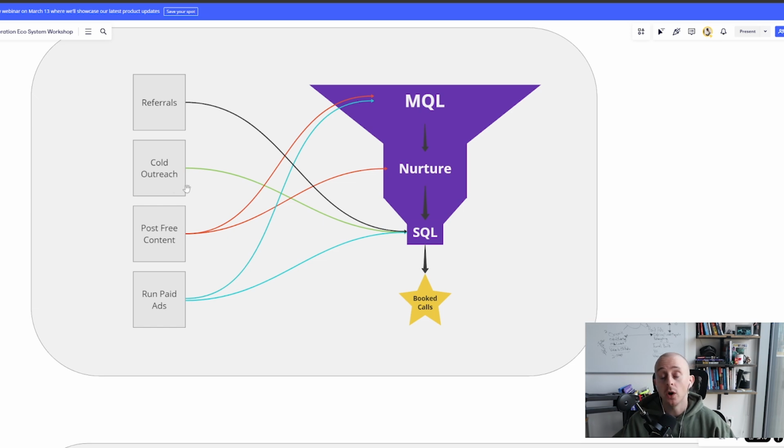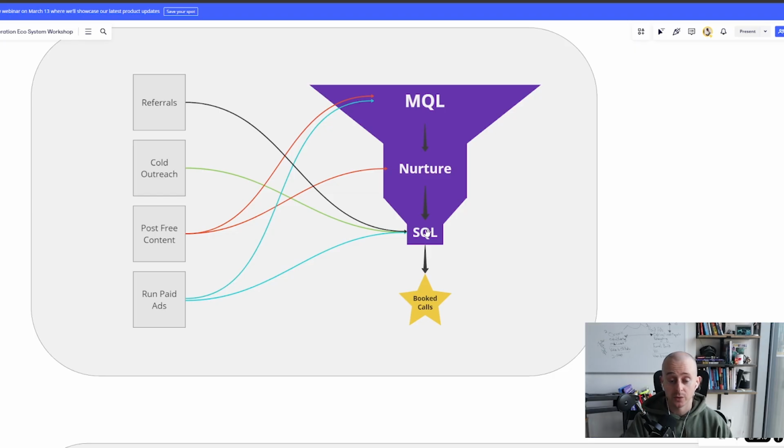Cold outreach is also a direct play into SQLs, because here's the thing: when you're doing cold outbound, we're talking about a message that is creating a compelling offer for someone where there might not be a ton of trust built there, but the offer is good enough to kind of turn their head a little bit and say, okay, well, that might be worth getting on a call with this person and just hearing them out. Now, it does create just SQLs. There's no nurturing. There's no market qualified lead in there at all. This is directly into an SQL, and basically we're almost like cold pitching in the DMs to jump on a call with us, okay? But it does produce SQLs. It's just high volume in order to get a low amount of booked calls.